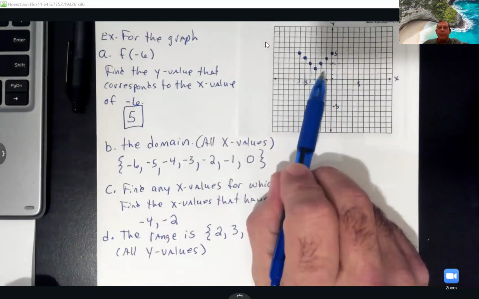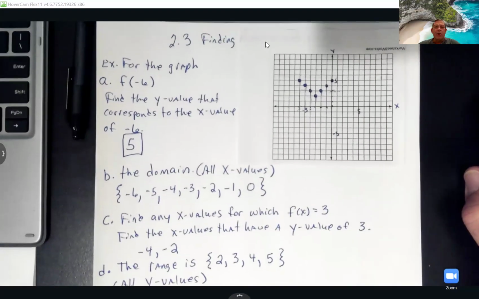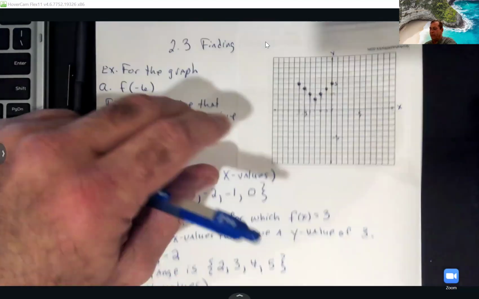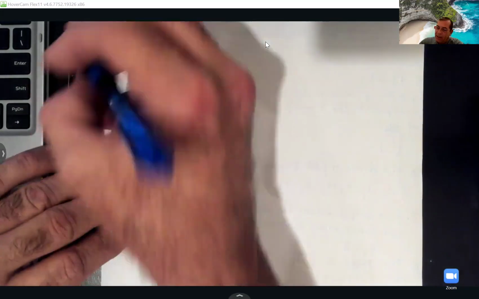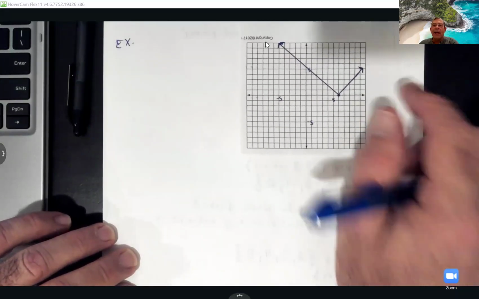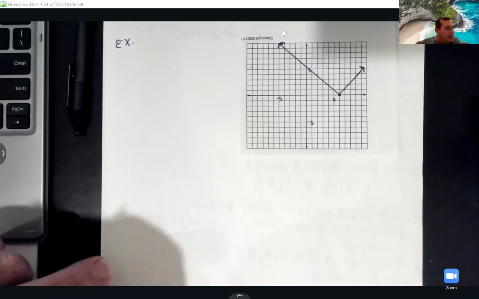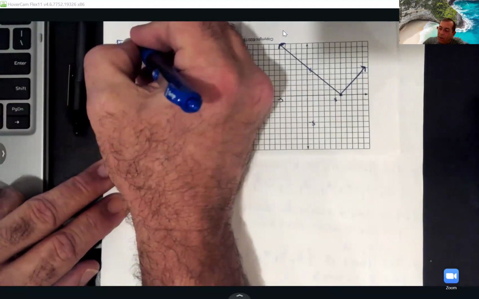All right, so they'll give you this graph for problem 1. And then let me go to problem 2 for us. Now, problem 2 is going to do the same thing. They're going to give us a graph. But notice this time it is actually drawn lines on this one instead of the dots. But y'all, they're going to want the same things. So the first thing they want, so for the graph,